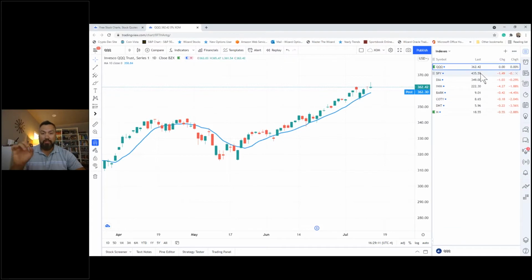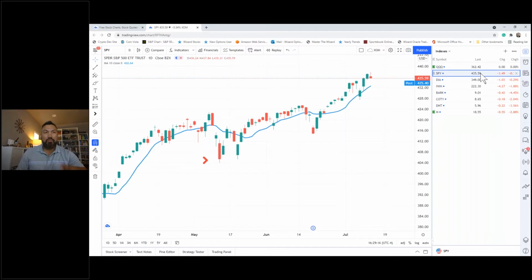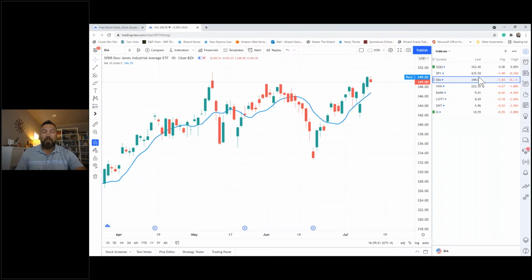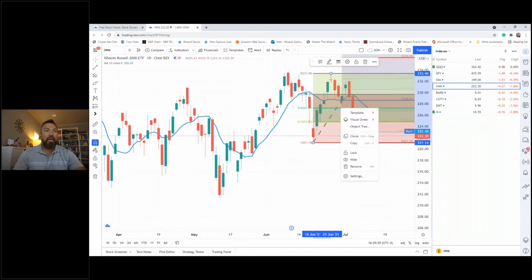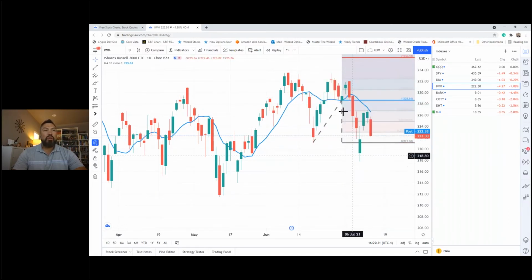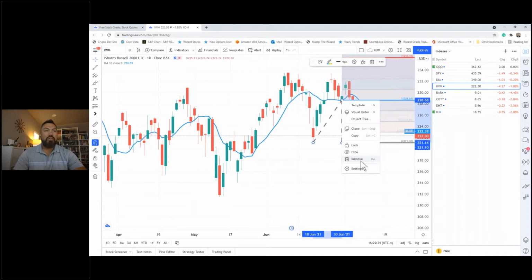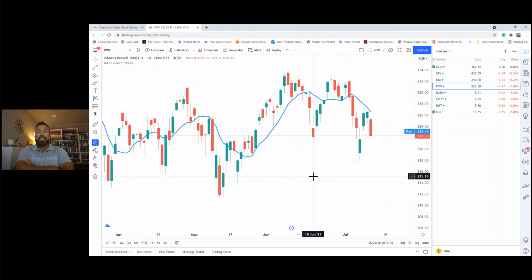I'm going to go to the SPY. Now I'm going to go from chart to chart. Is the SPY up or down? SPY's up. It's above the blue line. Let's go to diamonds. Diamonds are up. Uptrend. Russell 2K, IWM. Let me clear some of my additional analysis here for you. What's the Russell 2K? This is IWM. Is it uptrend? Is it downtrend? Downtrend. Now we're below the blue line.